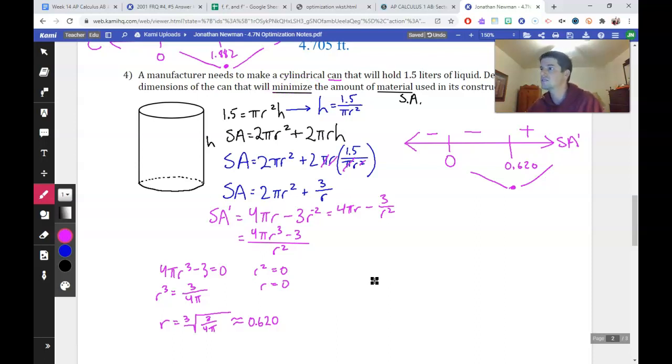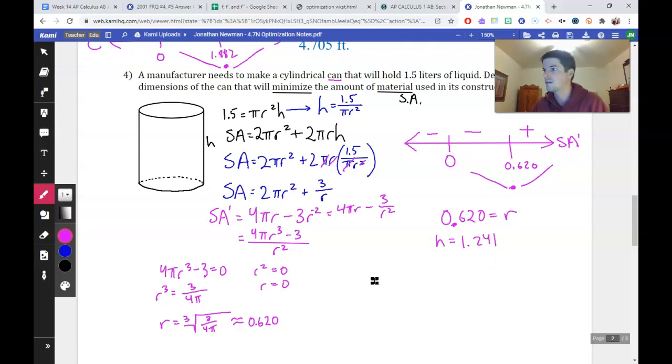But what do we need? We need the dimensions. And so we have one dimension, 0.620. This is the radius, right? We also need the height. And we want to look for our formula that solves for height. There it is. Computer's lagging a little. Here it is, right? That's where we're going to want to plug in. So we plug that in there. And when you do that, remember the stored number,